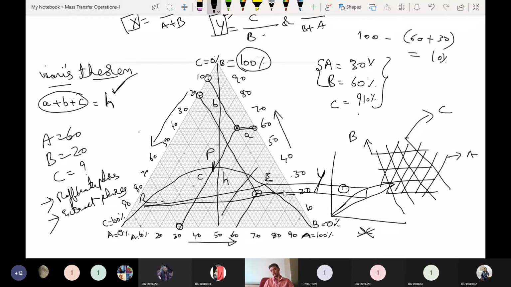This is one stage. Then the next operating line, next tie line, then operate up to the equilibrium line. In this way, we can estimate the compositions of what is E and what is R. At the same time, stages 1, 2, 3 like this, we have to estimate. In order to do so, locating these points accurately plays a very major role.